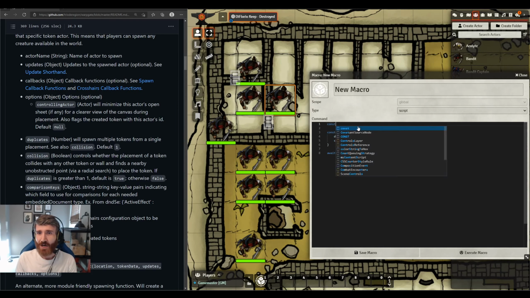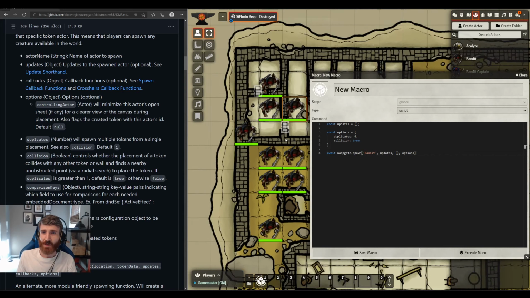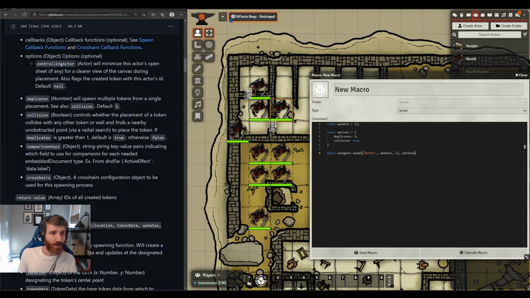Getting there. So let's dive into the options, the updates object. When I'm putting together these warpgate scripts, I say, hey, I know I need to update something. Let me just throw down an updates object. So I'll put that here, updates. Okay, cool. And fill that in the appropriate place. And then I can forget about it. I can go and start looking up data for my own little thing, and there's my updates object. But this updates object